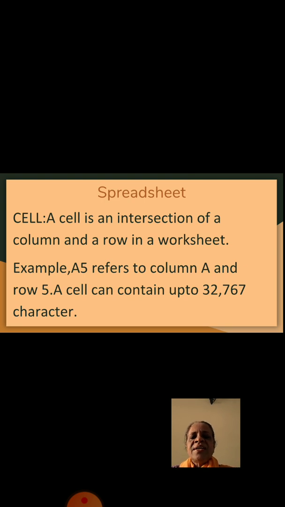A cell can contain up to 32,767 characters. Once more I will repeat, A5 refers to column A and row 5, which can hold 32,767 characters.